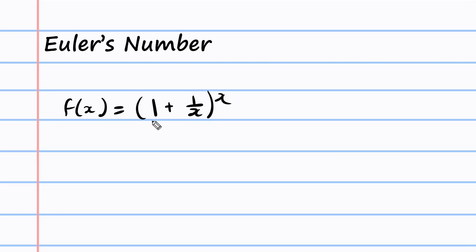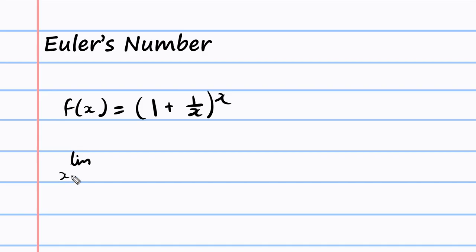As you plug in larger and larger values of x, f of x is going to get closer and closer to Euler's number. It's basically a horizontal asymptote at y equals e. E is Euler's number. So this is kind of like a sneak peek into our next unit, limits. So how would you notate this using limits? You would say the limit